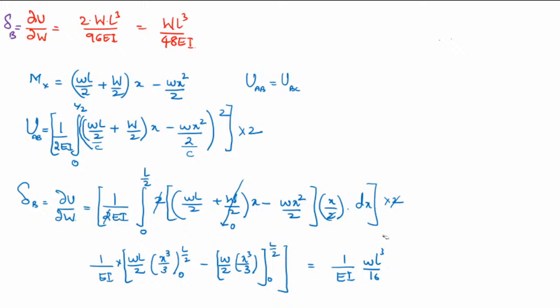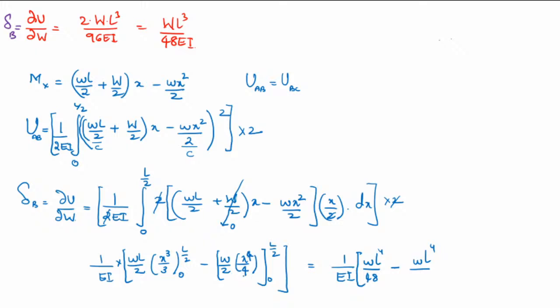Right, and this will be Wx cube by 3. Integration will be Wx power 4 by 4, x power 4 by 4 here it has to be. Right. So now this will be 3 2s are 6, 6 into 2 cube is 8. That is 48. So this will be equal to WL power 4 by 48 minus WL power 4 divided by,